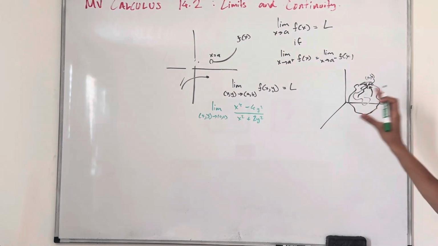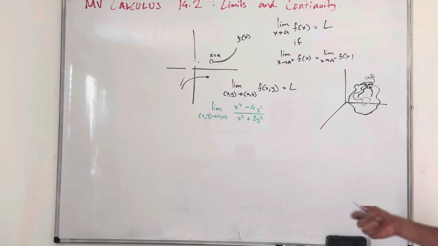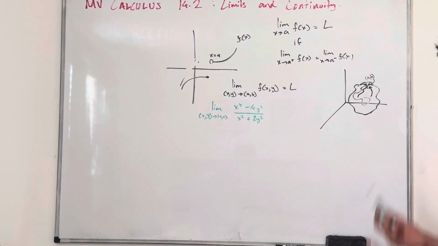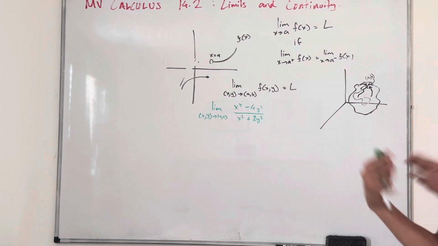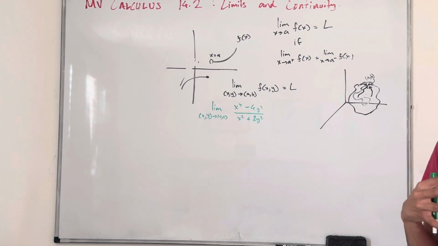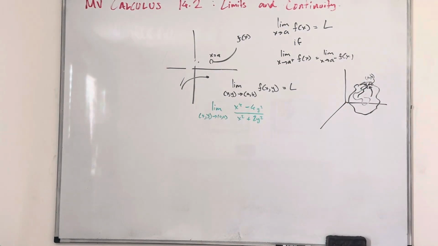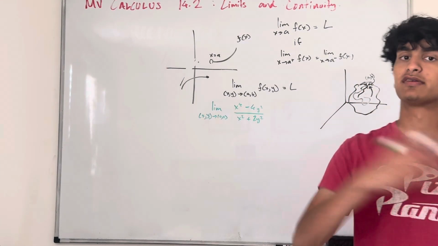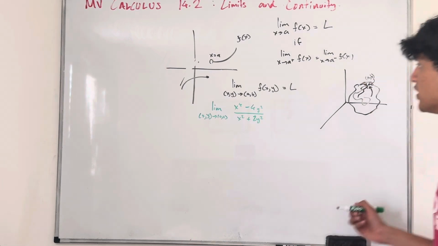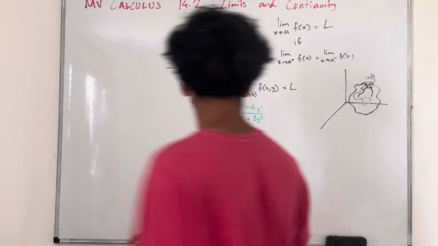But what we can do is examine whether this limit exists or not by seeing if all paths lead to the same limit, and if not, what path leads to a different answer. In that way, we can essentially prove that the limit doesn't exist, because there's a path that won't lead to the same limit. So let's think about this. If we have our surface,